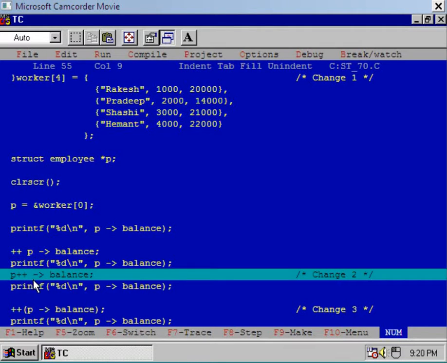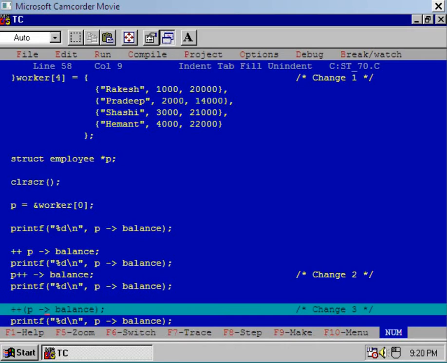Well, now see the next interesting statement here. p++ arrow balance. So here we have used plus operator after p. Now if you execute this statement and if you display the content, then we'll get very interesting output at DOS prompt. Here we know that arrow operator has higher priority than plus operator. So what is the first operation in this case? Arrow operator. So balance field will be accessed, means this one. After that we have incremented p. Right now p is pointing to the 0th element of the array, that is worker 0.